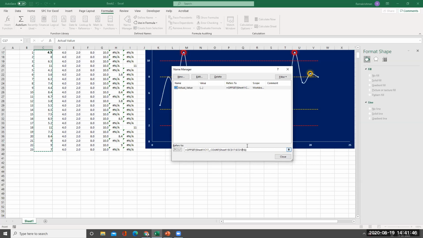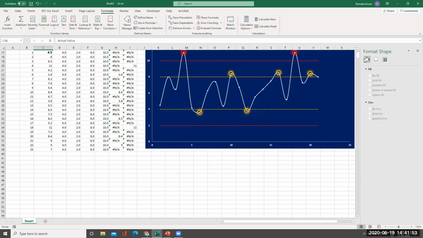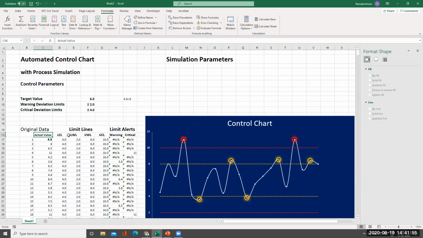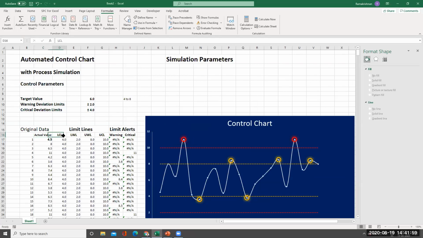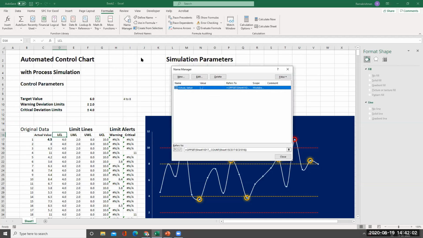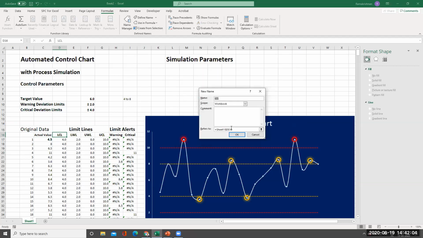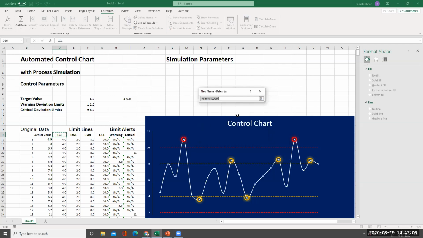So what I will do is copy this formula, Control C, so that I will use it here. And then I'll close this. Now I will modify the formula for all these things. LCL also I will put here. Name manager, new. Then I will just go out. I'll delete this. I'll Control V, I'll put. Then here I'll change this C17 to D17.